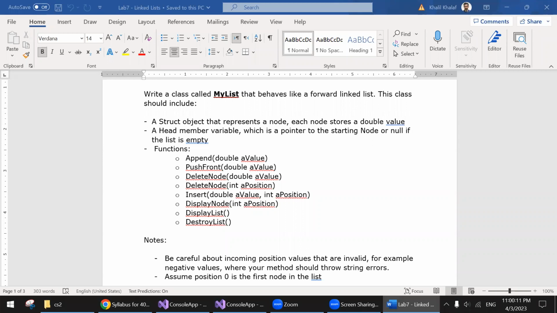In today's session, I would like to go over chapter 18 as a review and do a coding lab in front of you so that you practice its concepts. So I have this lab in front of me